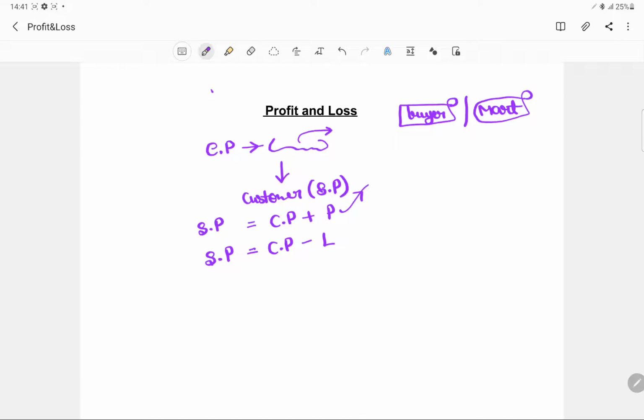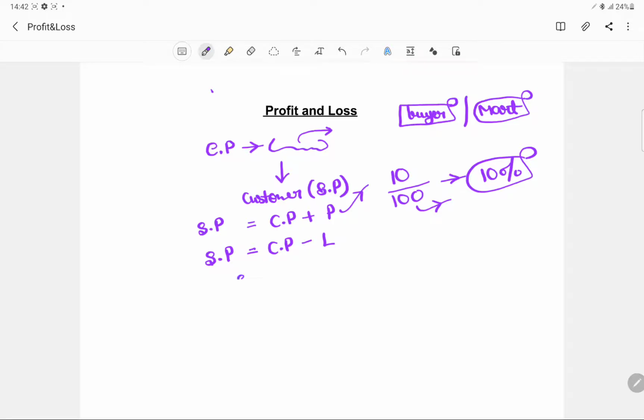Actually, जितनी मेरी लागत आएगी ना, for example it costed me 100, तो I will actually see the profit on that only, कि मुझे तो ये 100 का पड़ा था. For instance, if I ended up selling it for a price 10 rupees higher, तो it will actually be a profit of 10%. तो हमेशा आपका प्रॉफिट या फिर जो लॉस कंप्यूट होता है वो हमेशा कॉस्ट प्राइस पर कंप्यूट होता है.